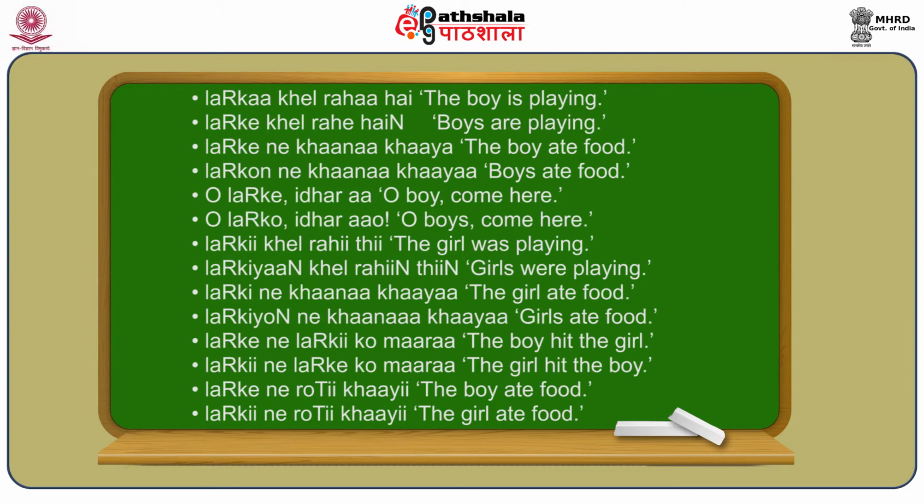Ladke ne gajar khai. Look, ladke ne gajar khai, though the boy is male. If somebody says it like that, you will laugh, but it is khai because gajar is feminine. Ladki ne bhi gajar khai because gajar is feminine. But if you say ladke ne paneer khaya, paneer is masculine, so khaya. Ladki ne bhi paneer khaya. If you say ladki ne roti khaya, then everybody will laugh. Even a small child will laugh at you because that small child has figured out the rules of subject-verb agreement, which are discussed in great detail in your module.